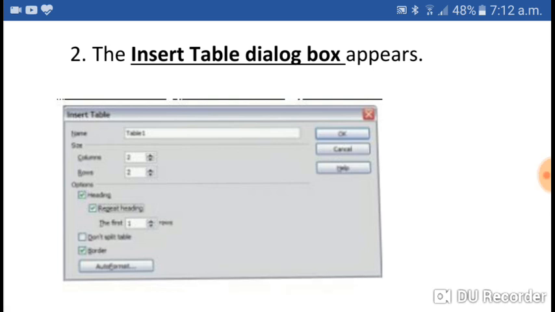First, the name you want to give. By default it will be Table1, and after Table1, if you create another table, Table2, Table3 and so on. If you want to give any other name, say student record, marks record or fee record, you can assign a required name to your table.